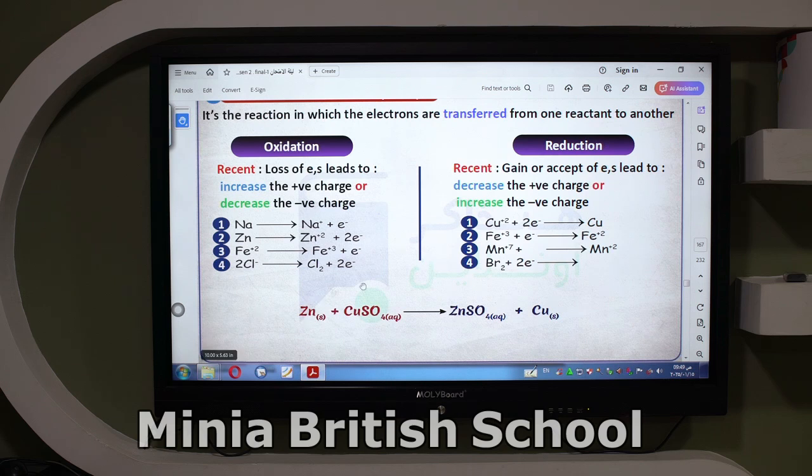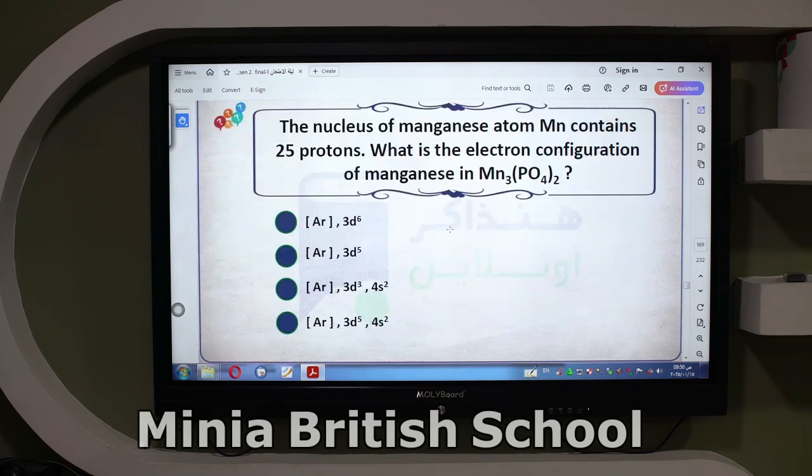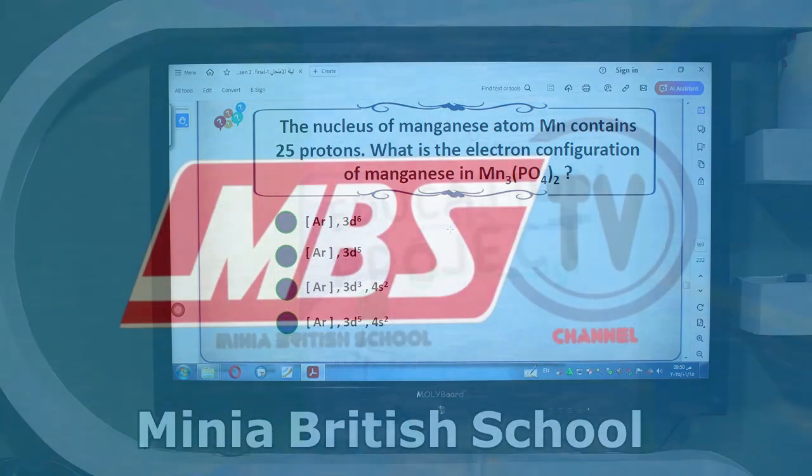So from 0 to positive 2 it increases, so it's oxidation for Zn, and Zn in this case is the reducing agent. But Cu equals positive 2 by the same way we calculated, and changes into 0. From positive 2 to 0 it decreases, so it's a reduction process. Okay, and now we end our revision, and thank you for